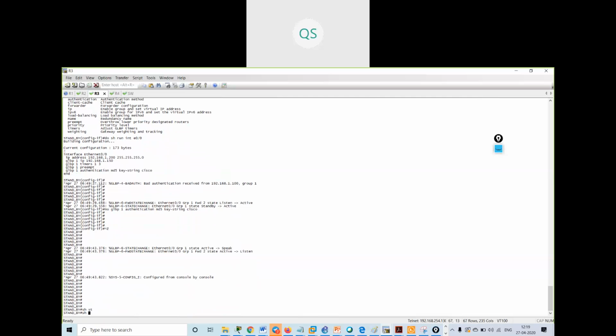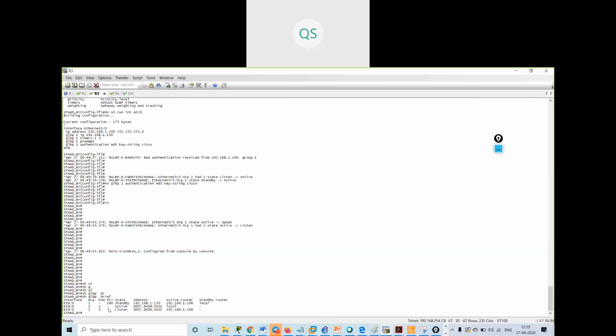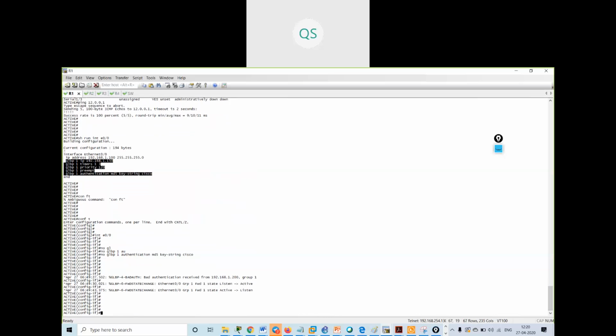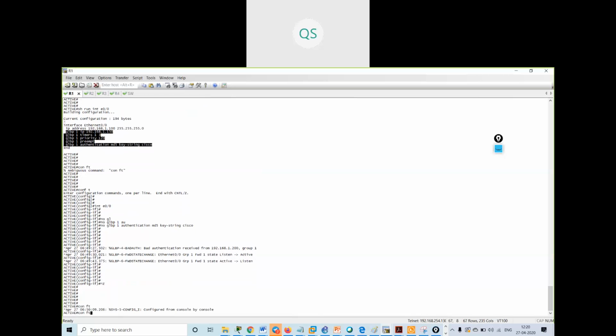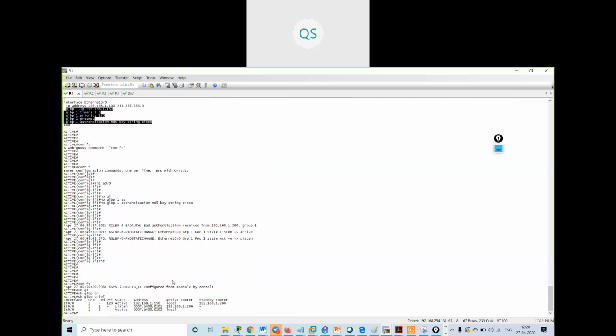Then show GLBP brief. Active router is local router.